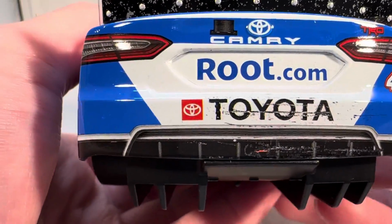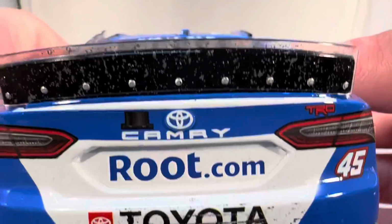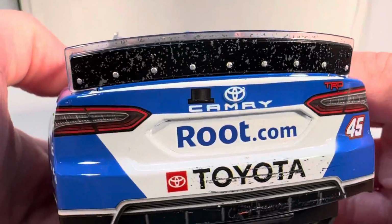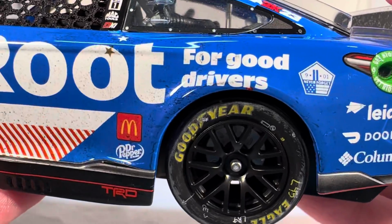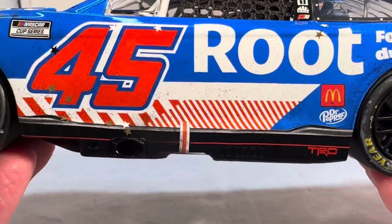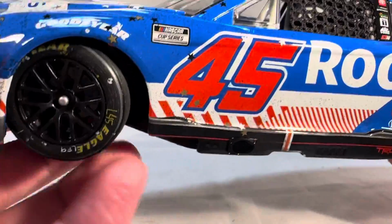On the back, you see, looks like he was getting pushed on some restarts. Got some scuff marks and such. Once again, you have a beautiful, dirty spoiler. I love that they've started printing on the spoilers because it looks fantastic. And the left rear has a little bit of a mark. Looks like he was probably being side drafted at one point. A few little marks on the tire. And that's about it. Like I said, this is one just to get because Bubba Wallace won a race, and